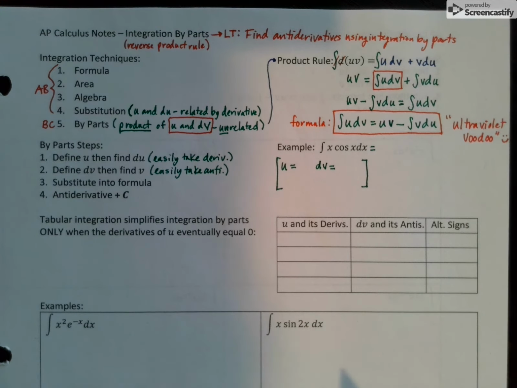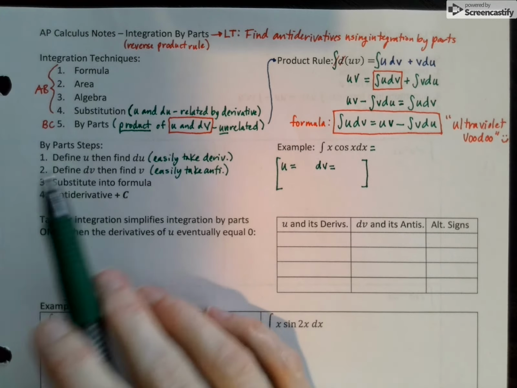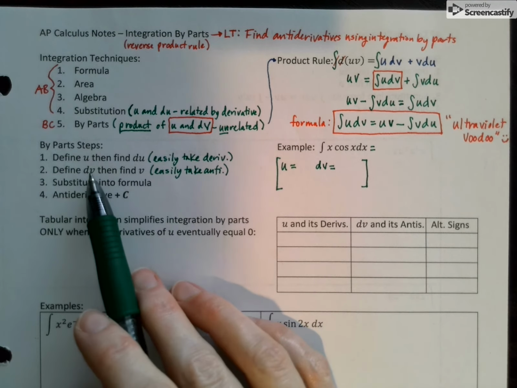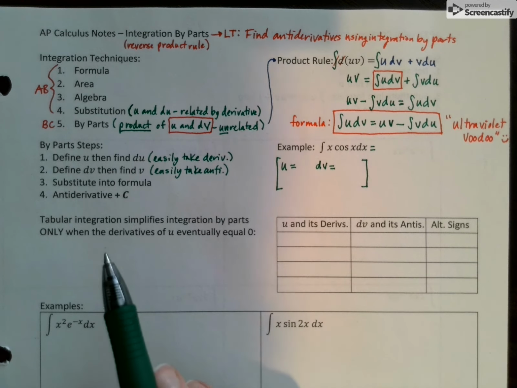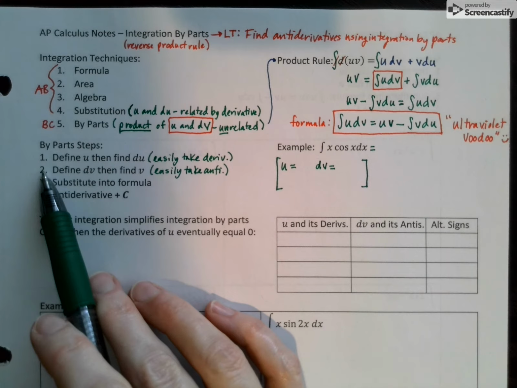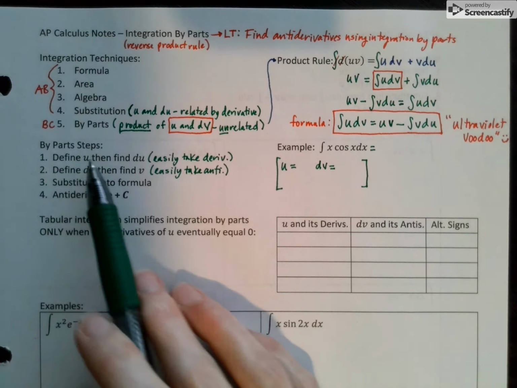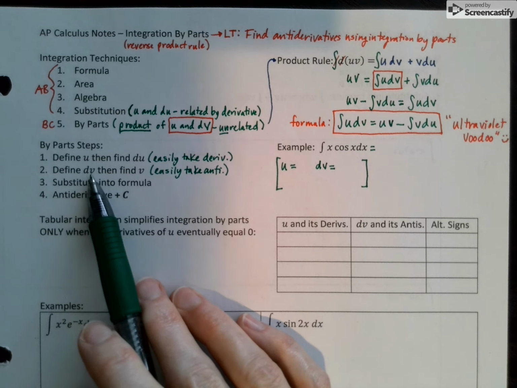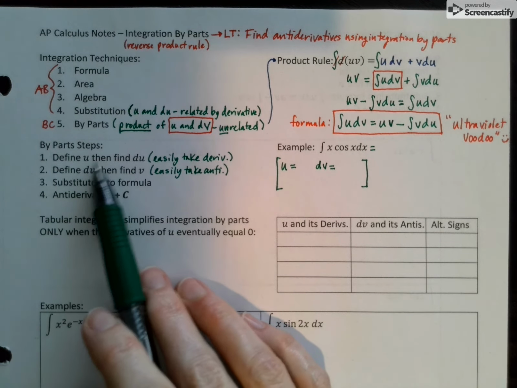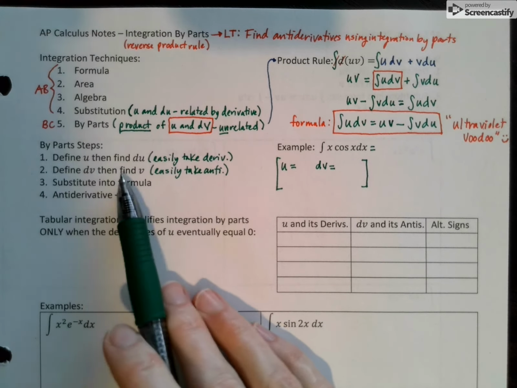So let's take a look at our first example. And while we're talking about the example, we're going to also talk about these steps that we'll take in order to work our way through the process of integration by parts and using the formula for integration by parts. So the first 2 steps happen almost at the same time. We're going to define which function that we see in the integral that we would like to be the u function and which function we'd like to be the dv function. Then we're going to find the du, the derivative of u,